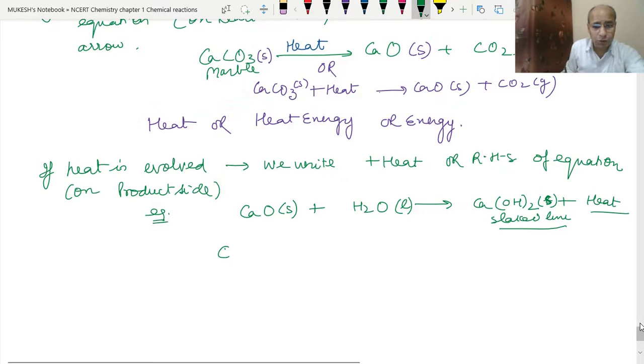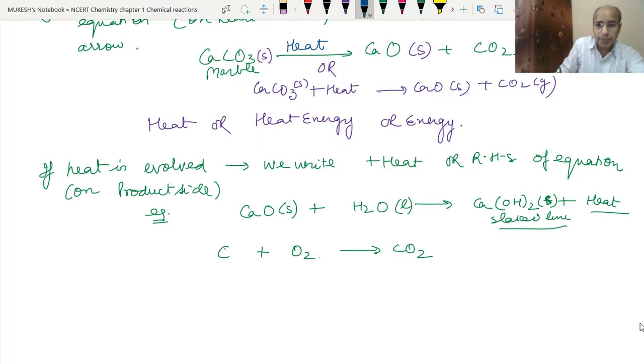When we burn coal in the presence of oxygen of the air, then carbon dioxide gas is formed. It is already balanced because we have carbon on one side and on the right side, and oxygen is also balanced. So it is already a balanced equation. Here we are using the solid form because coal is always found in the solid form. Oxygen we use in the gaseous form. Carbon dioxide is in the gaseous form.